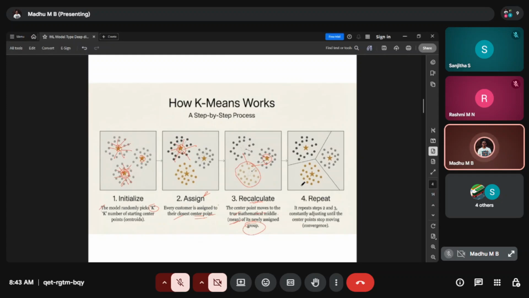It is not a one-time objective and then it is done. These steps, initialization, assignment, recalculation, and repeating, will continue until, after a certain point, it says this is almost what we are looking for, this is nearly the clustering. This efficient clustering is what we have done. Once it is done, it will give the result back to us. That is what k-means is.